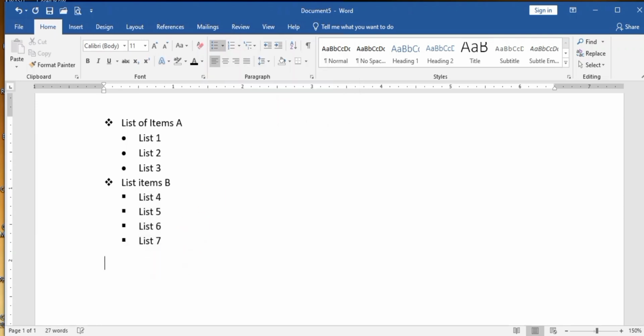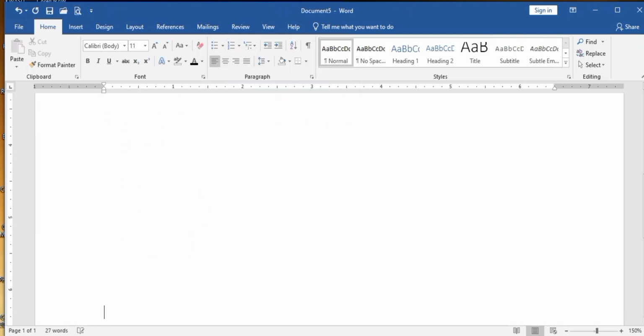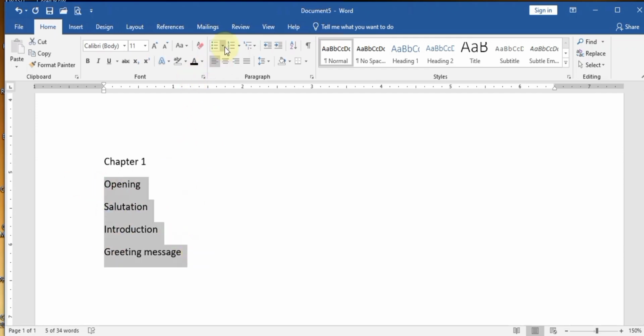Example, what I'm trying to say is this. If I have text on that next page, just like here now, I would like to add text in. So what did I do? I can say maybe chapter 1, for instance. Underneath, I can first of all type my opening, salutation, introduction, written message. So once I have all this, I can now highlight it and come to my bullet list